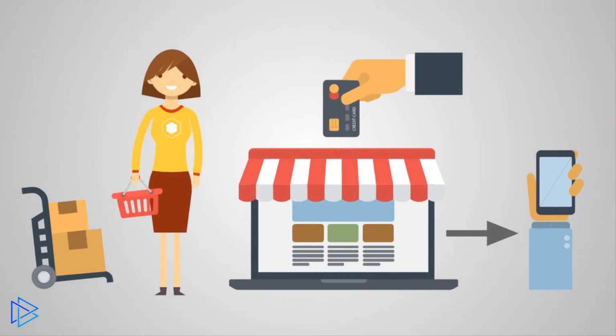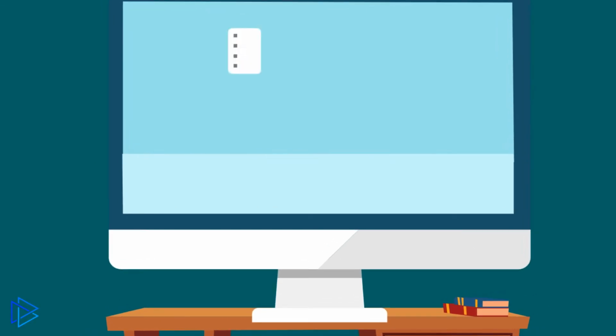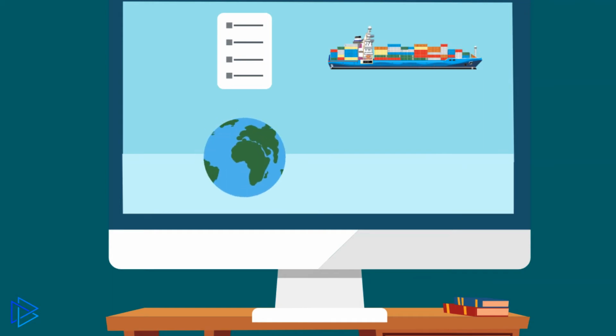If demand goes up, we want those parts as soon as possible. If we find we have too much inventory on hand, we'll want to divert those shipments to storage. The challenge is knowing which parts are in which container, on which ship, in what part of the world, and